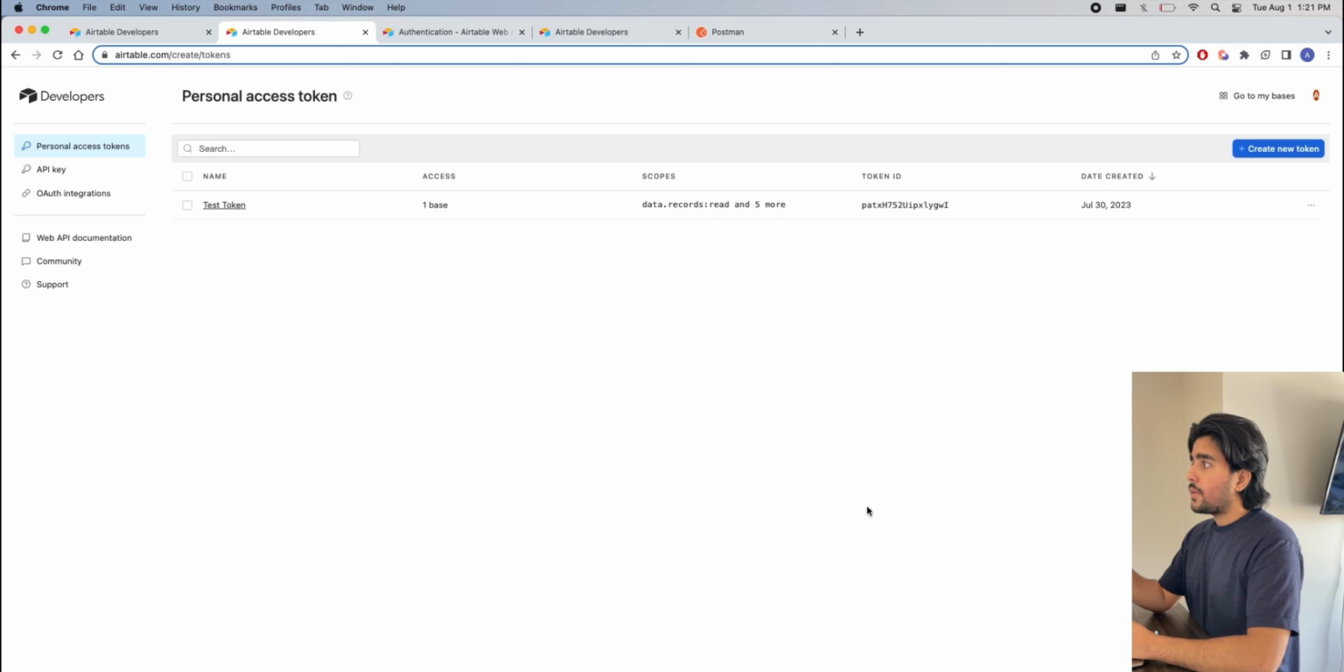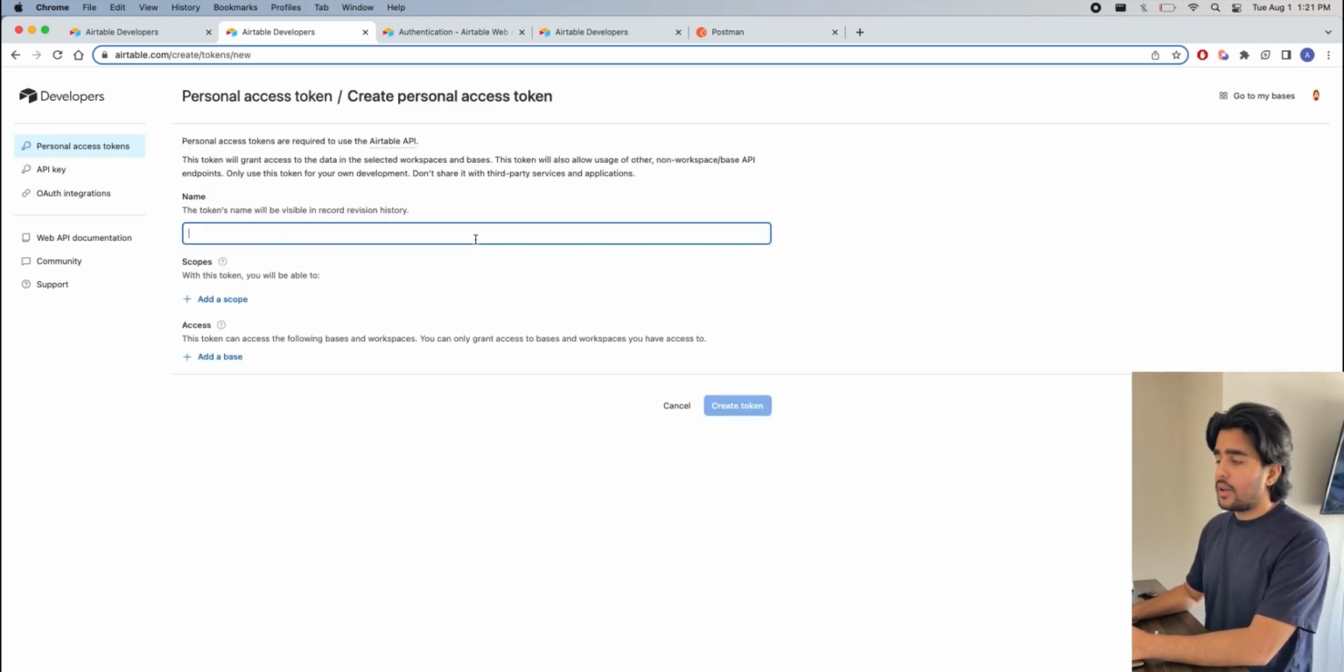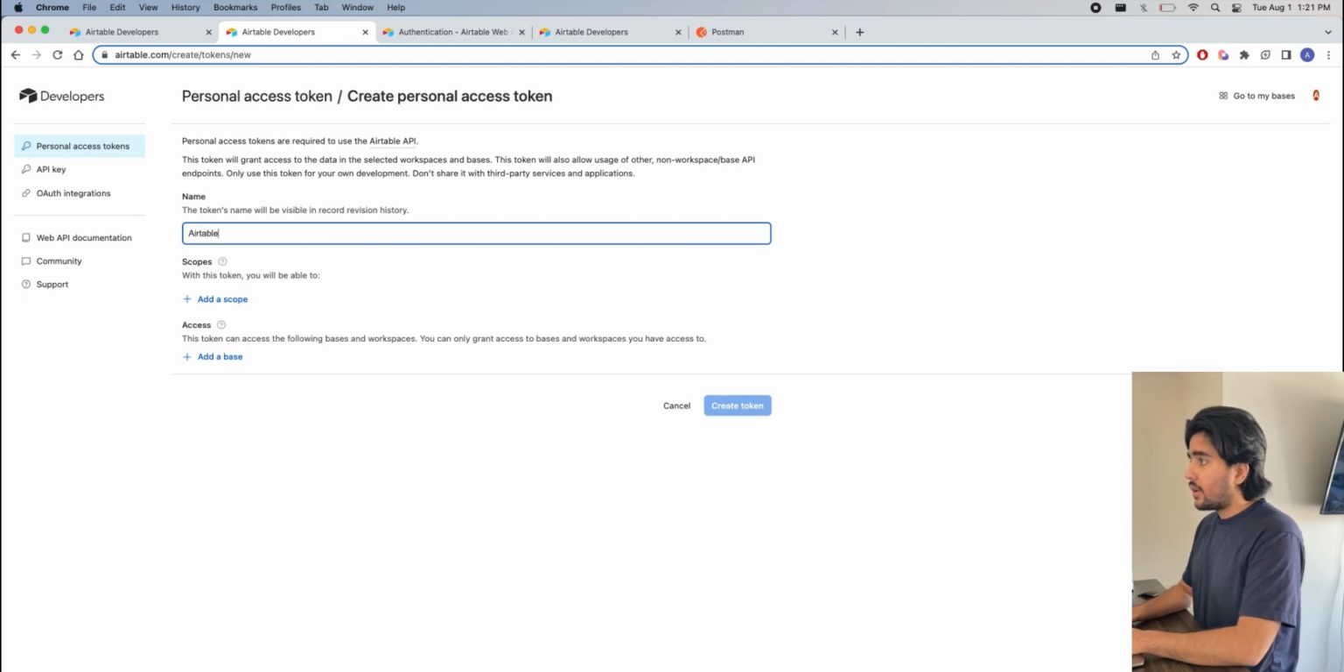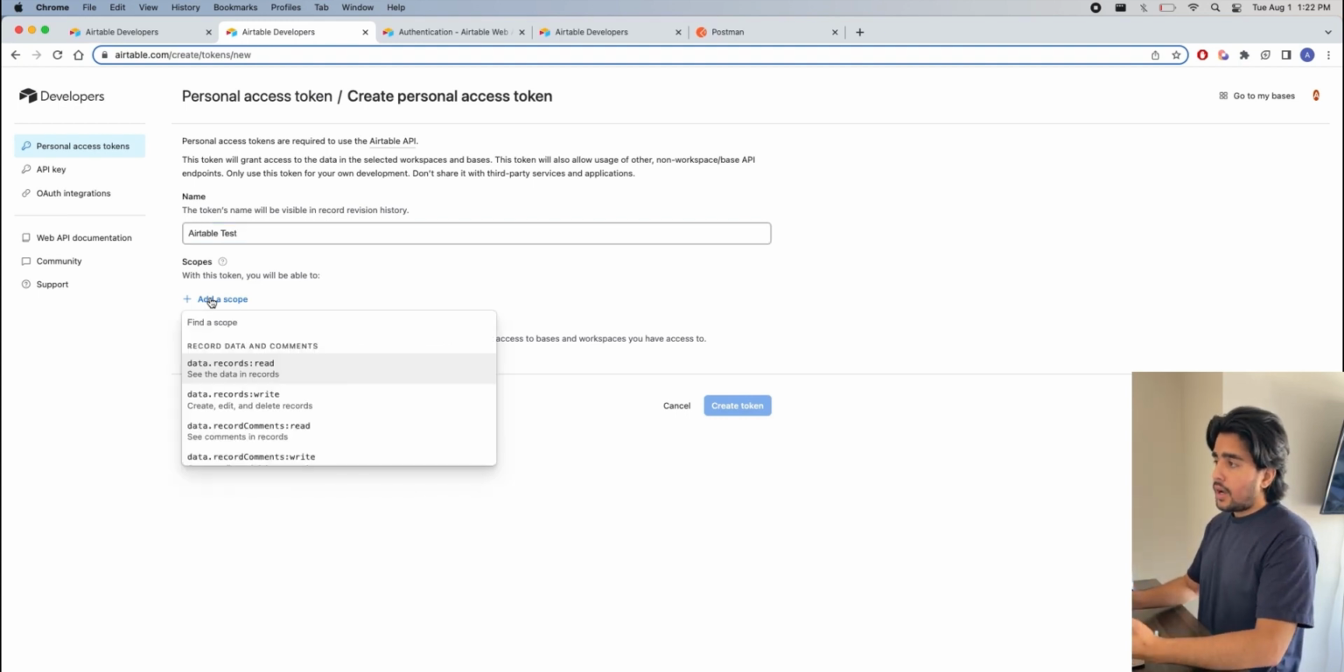Once we're over here, I've already made one, so in this case I'll make a new one, and I'm going to name it Airtable test. After we've made the name, we're going to click on the scopes that we want to add to this token. I recommend adding all the scopes,